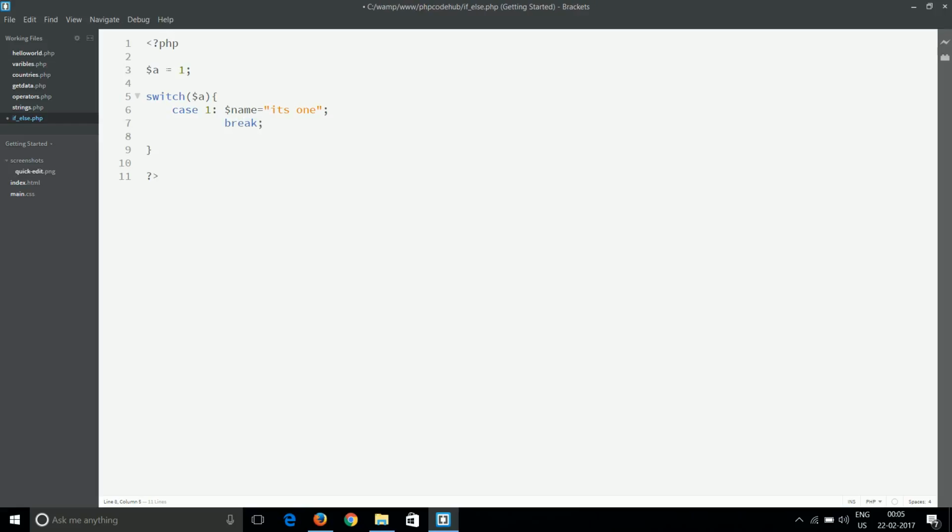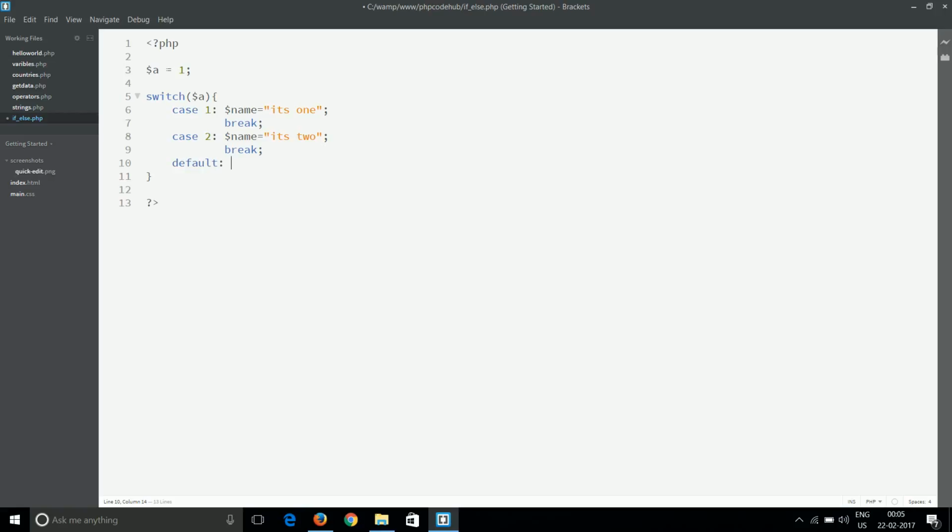Now if we give case 2, then $name will be "it's 2" and then we have to put the break, or in case of default